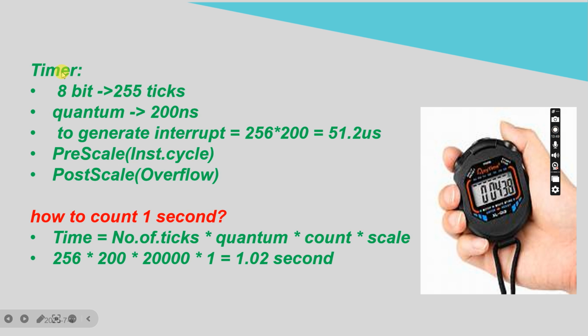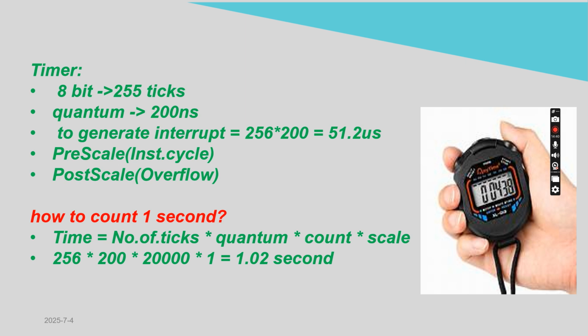In the case of PIC16F, we have 4 cycles to generate one instruction cycle. For 1 instruction cycle we have to undergo 4 counts, which is one timer tick. For 1 duration of tick we have to undergo 1 instruction cycle. 1 instruction cycle is nothing but 4 clock pulses. 1 clock pulse is